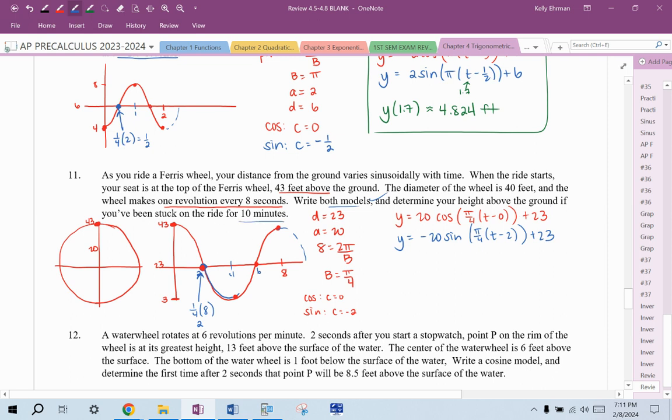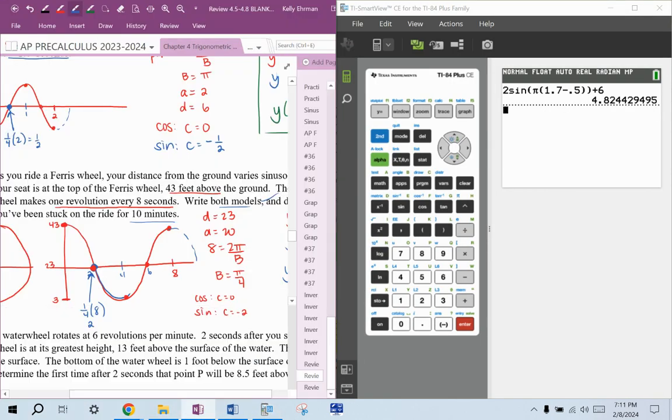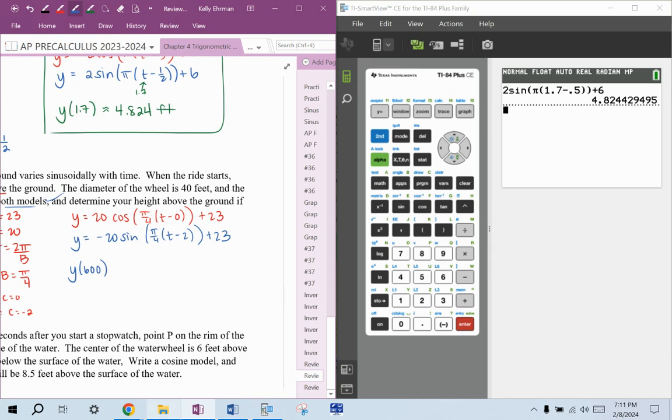So remember, these times are in seconds. So time is in seconds here. So change 10 minutes to 600 seconds, 60 times 10. And then again, it doesn't matter which model you plug into. It might be smart to plug into your non-shifted model in case you made a mistake on what that value was. So 20 cosine of pi over